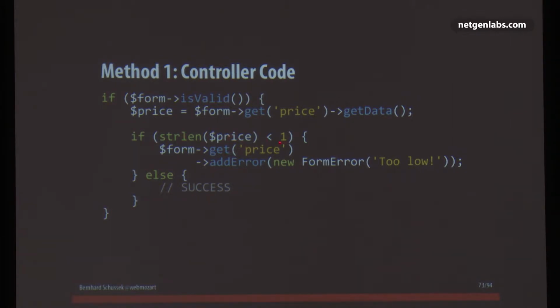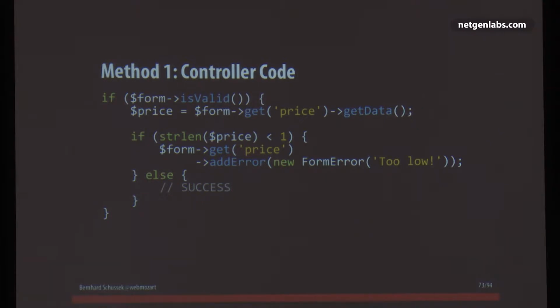If the price is smaller than 1, then you add a new error to the price field, which says that the price is too low. So here you can see how you can easily add errors to fields. One drawback here is that this validation code is only run if the form is valid, and otherwise the validation code is not run. But you can also move that code in front of that if statement. It doesn't really matter. The important thing is that you can add any custom errors to any element of the